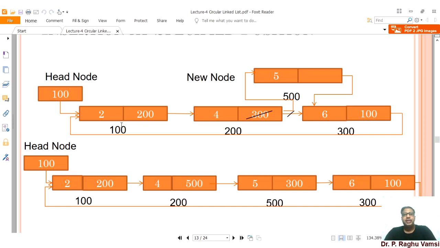The only thing we need to take care of is the beginning and the ending of the list, because the ending always points to the head node, and if you do any manipulation at the beginning, then the head node will get disturbed. So that is the reason you need to take care of the beginning and the ending. Once you take care of the beginning and ending, the rest of the code looks similar to a single linked list. The main focus is on the last node and the first node. If you do any operation in the middle, you can do it normally, like in a single linked list.